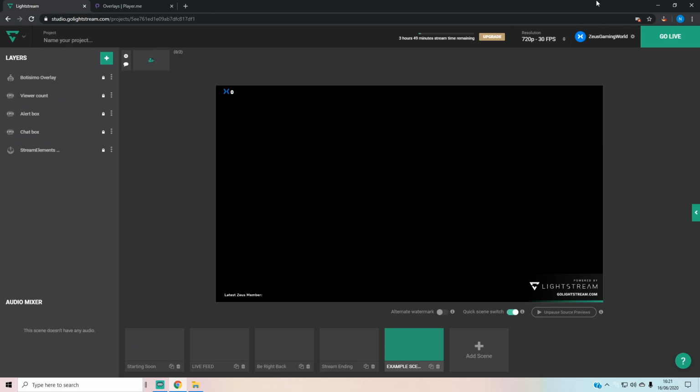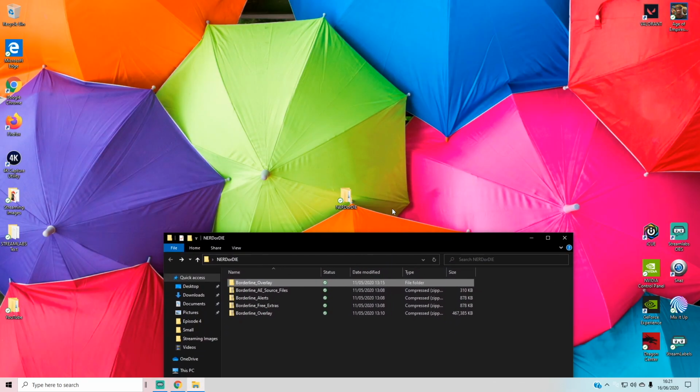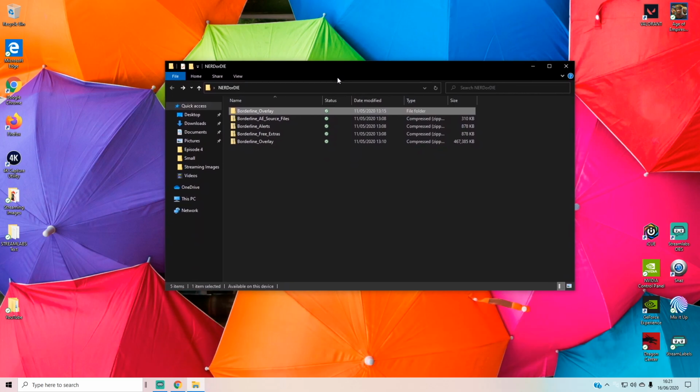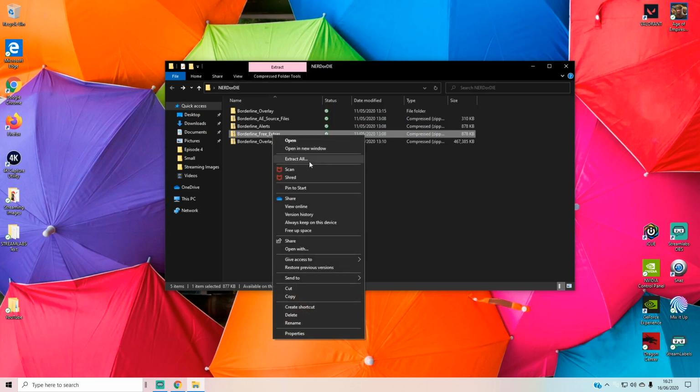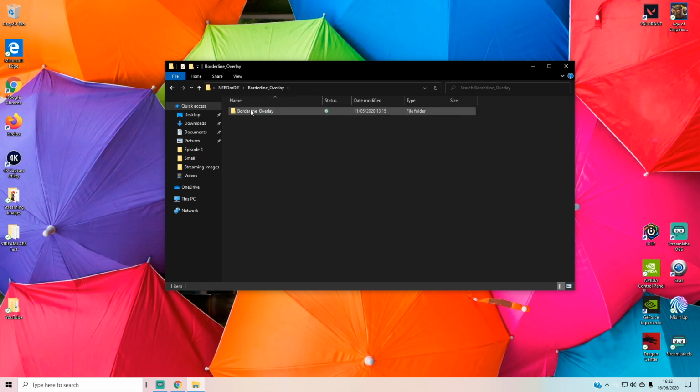First thing I'm going to need to do is come out of this to my desktop, where I've got my NerdOrDie file that I've already opened. If you are purchasing from NerdOrDie, make sure you complete the transaction. They'll tend to email you all of your files, which you'll download, and they'll come through in zip format. To unzip them, you just right click and then make sure you hit extract all. In this instance, I've opened the one that we're going to need for this demonstration, which is the borderline